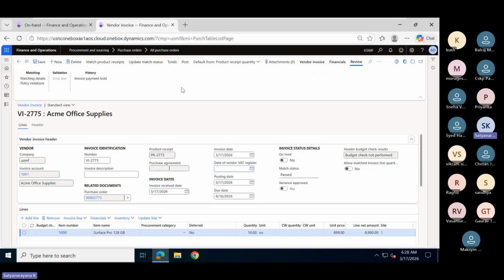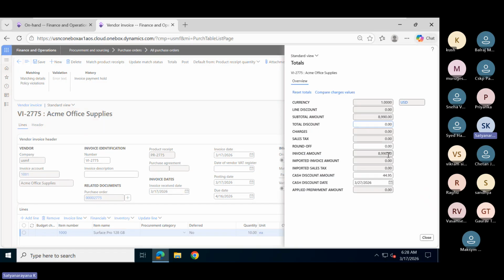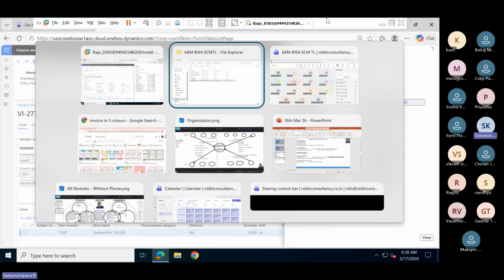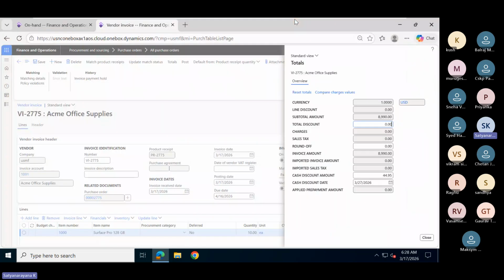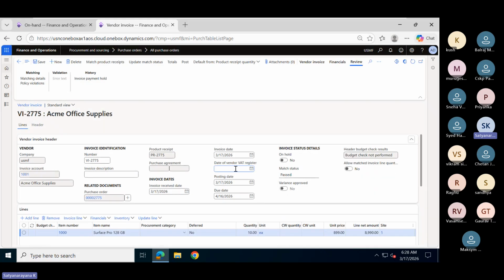So what is the purpose of this function? You are going to learn. It is 1 hour session. I will explain you later, not now. Once you entered, then totals will be validated. Amounts are correct or not. The invoice, whatever you have received physically, the physical copy, whatever it is coming here, is it correct or not? It will be validated by the accounts payable clerk. Once everything is fine, they will post the button.